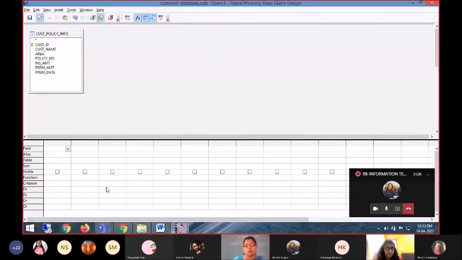What all fields do I want? I want customer name, double click, it will be added here. I want the area, double click, it will be added here. Then I want policy number, insurance amount. No, I don't want this insurance amount. I want premium amount. Insurance amount को हम hide कर देते हैं, इसकी हमें जरूरत नहीं है. I want the premium amount. किस कस्टमर से कितना अमाउंट मुझे आज कलेक्ट करके लाना है? For that I want these details.